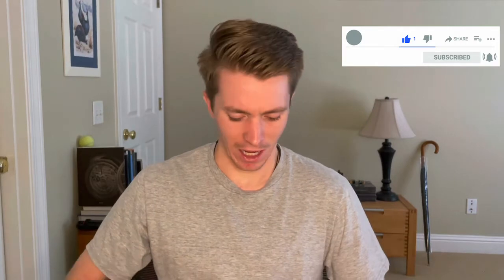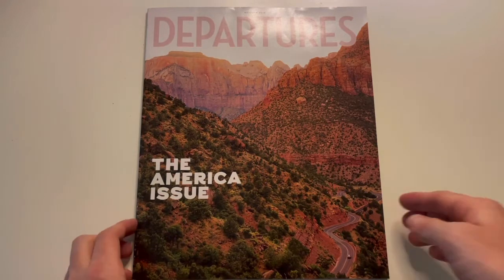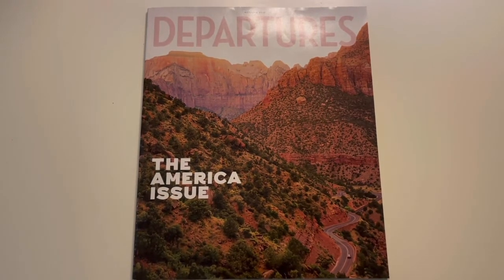I'll go through this magazine and give you some information about what they're writing about. If you don't know Departures, they're basically focused on travel, lifestyle, fashion, and obviously watches are a big part of that. There are some beautiful watches that they feature, and I'm going to be discussing those. So I will turn this camera around so you can take a look at this issue of the Departures magazine. All right, so this is the Departures magazine from October 2020, the America